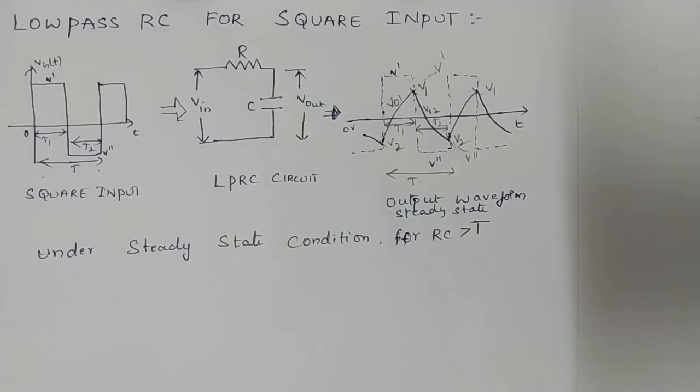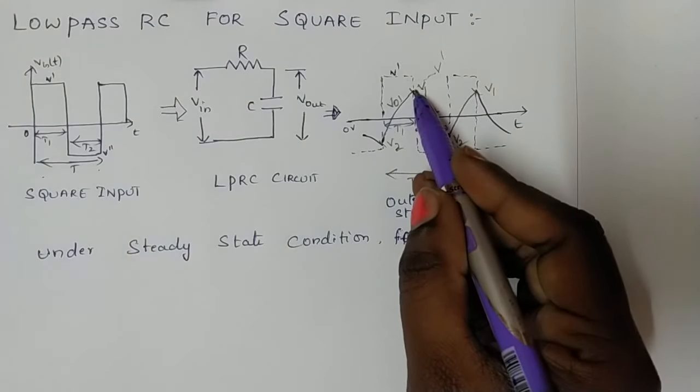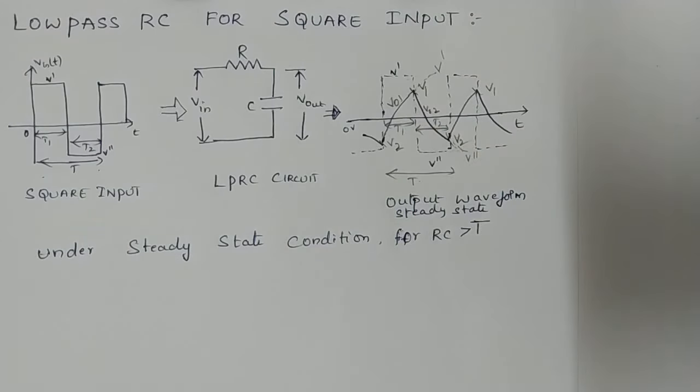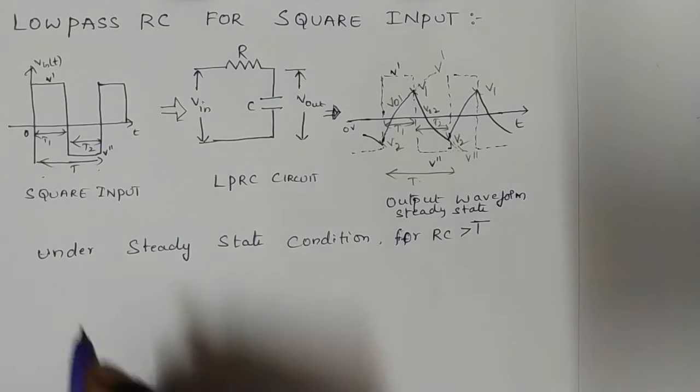Our main objective is to find out the values of V2 and V1, up to which point it is charged and up to which point it is discharged. The main aim of our LPRC square wave input analysis is to find the steady state values of V2 and V1. For this we have a standard basic formula. We have to use that formula, solve it, and find the V2 and V1 values. The formula is